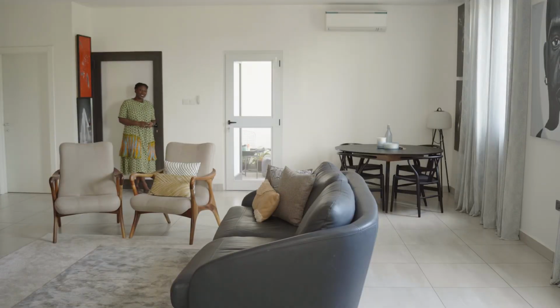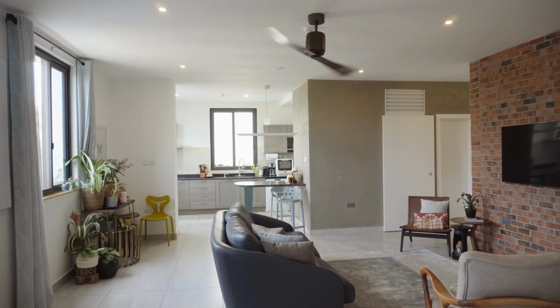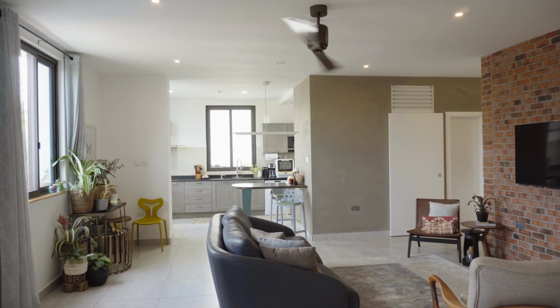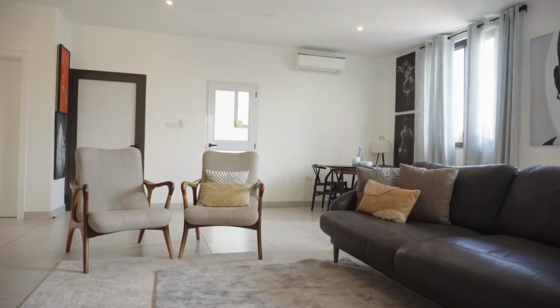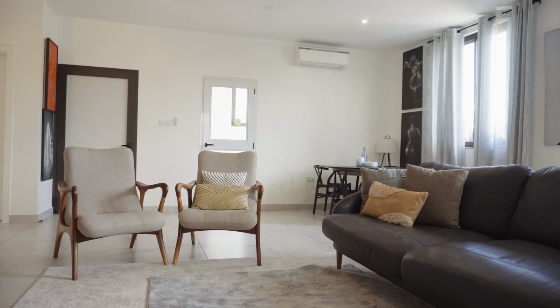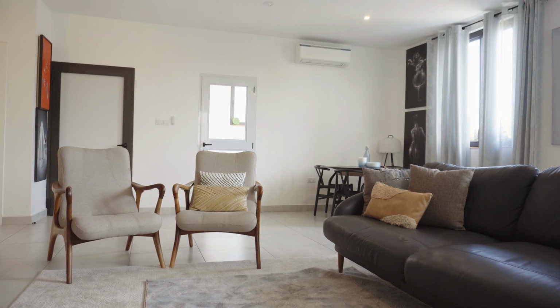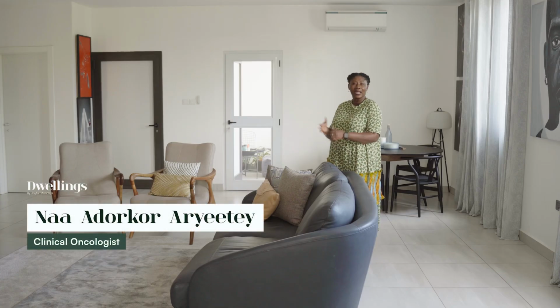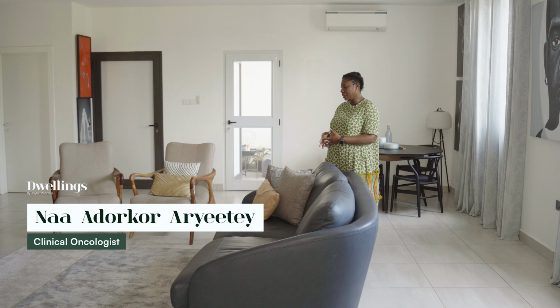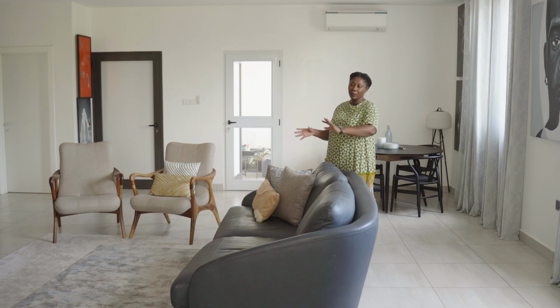Welcome to my space. I should call it the Adoko. Once you enter, the first space you come into is the living room. It's quite big, and I think that the collection of furniture complements the large space. It was important that it wasn't too crowded, and so they are sparsely arranged, but I feel like it brings